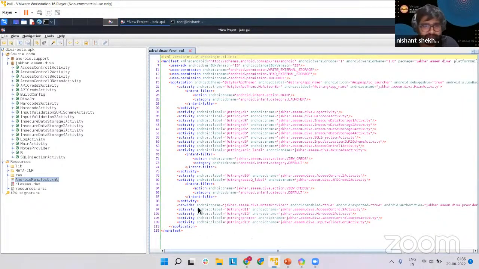So as you can see, there are many activity providers, activity intent, activity, user permission, and stuff like this. So this actually is the core of any application. The permissions, the intent, the activity actually are listed here. If it's not listed here, it will not work. So what we saw actually was that if the provider,